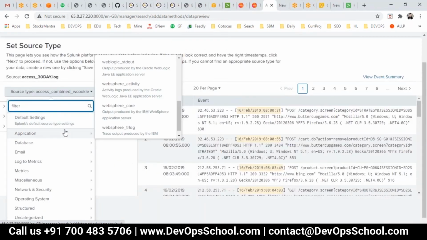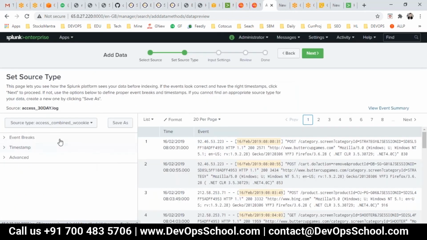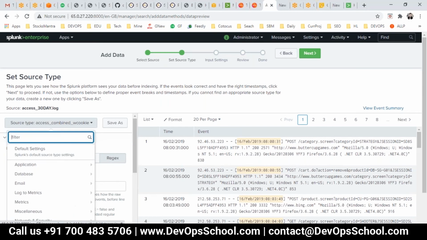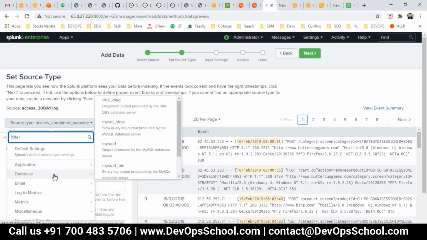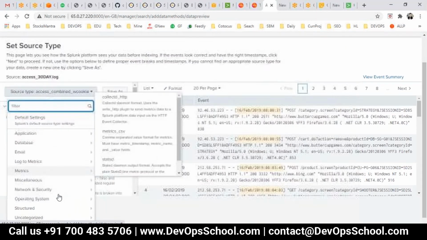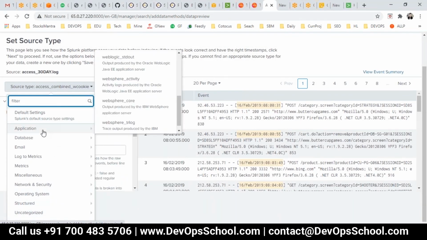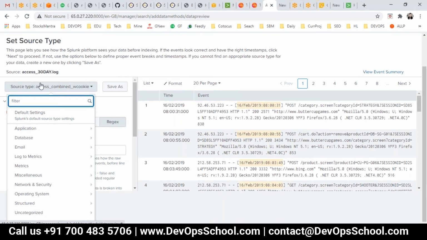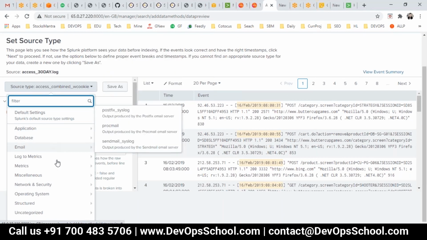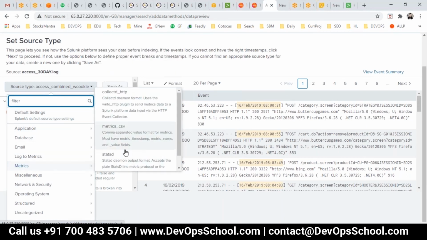If you try to upload those data, automatically those patterns will be detected by the tool itself, and it will decide the type. Okay, so here you see I have pushed the data which is application, what is that, access combined with cookies. So it